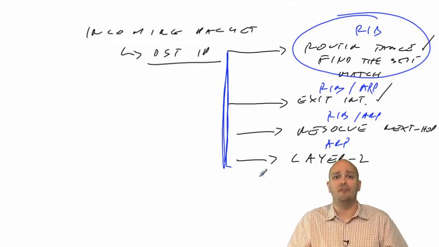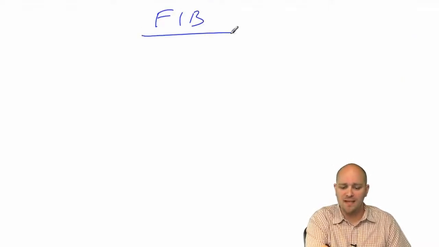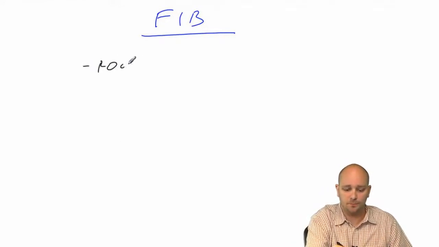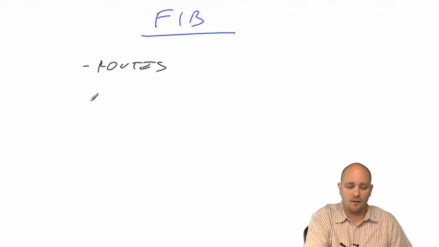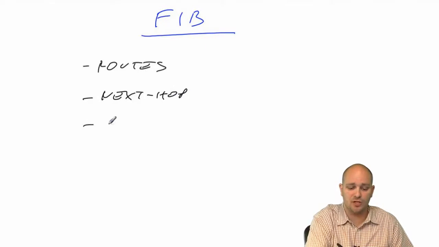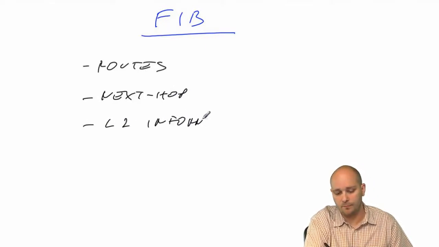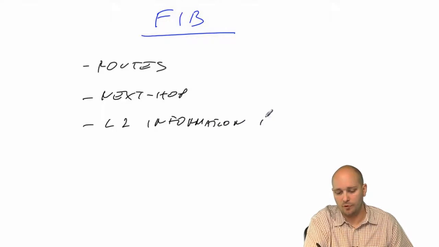They created a forwarding information base, or the FIB, which is basically a database that contains information about routes. It contains information about next hops. It contains layer 2 information for next hops,